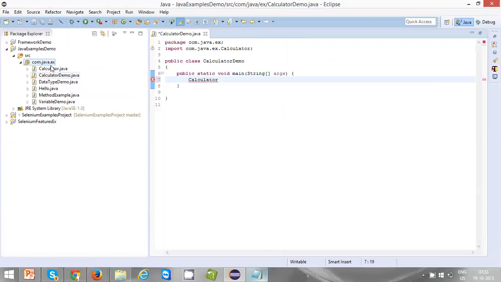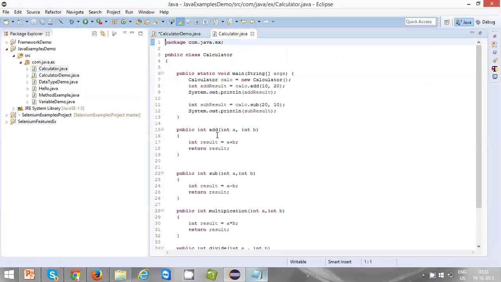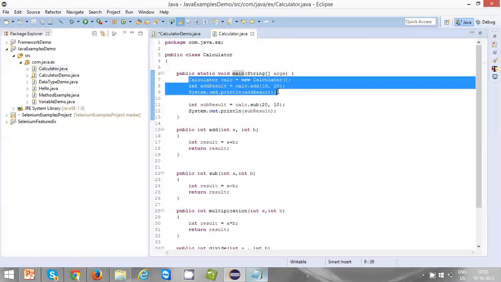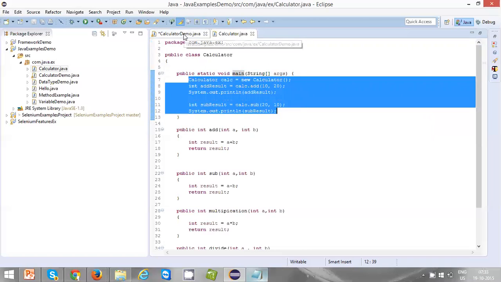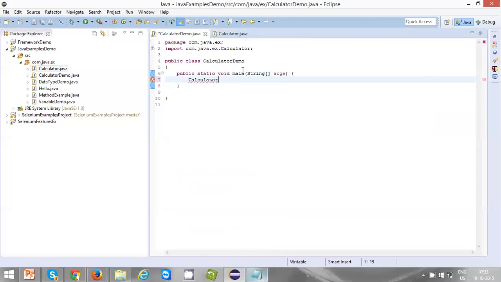It's as simple as accessing the functions in the same class. However we access the add, sub, multiplication, divide, all these functions in the main method just by creating a calculator object, in the similar way we have to do in the calculator demo also. It is as simple as accessing the methods in the same class. So we know that to access the methods and variables of a class, we have to create an object for that class. That's very clear to us. Just define